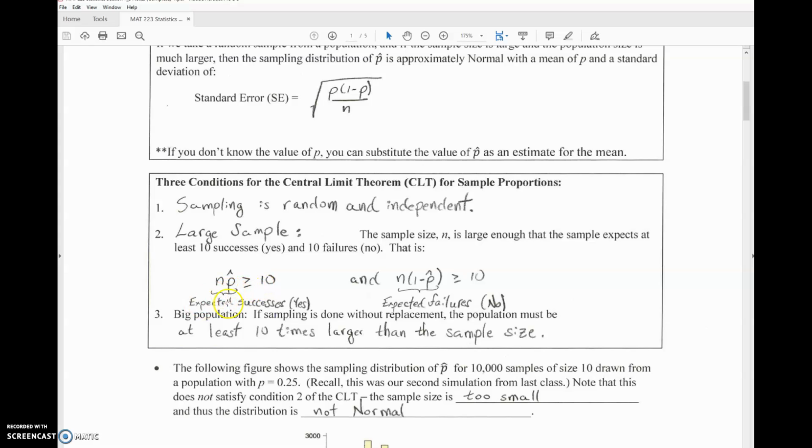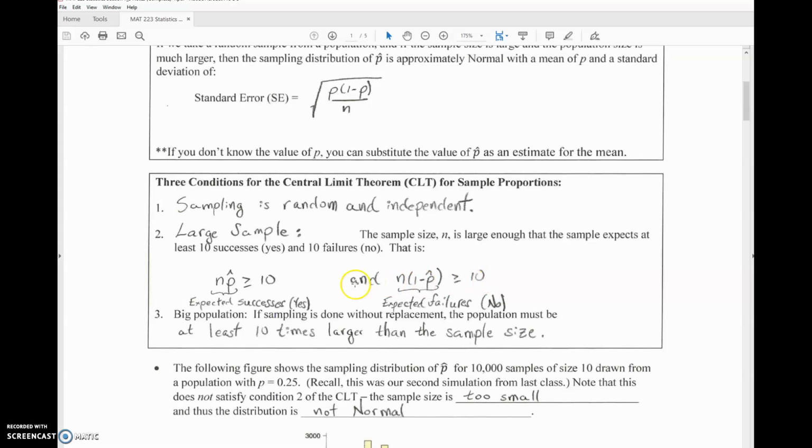If I want to estimate the successes, or the yeses, that I would get out of my sample, it's n times p hat. That's a formula for it. If I'm looking at my sample, I can just count up how many people said yes. But I take n, the sample size, multiply that times p hat, the proportion of my sample that said yes, and that needs to be bigger than or equal to 10. If I take my sample size n and multiply it times 1 minus p hat, the proportion of my sample that said no to the question, that also has to be bigger than or equal